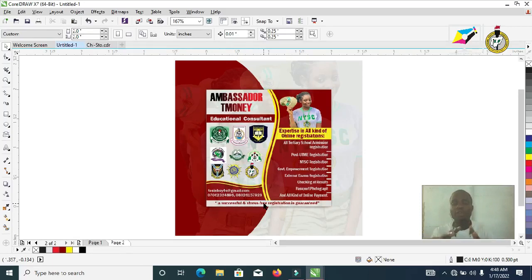Now let us have a rundown of all we have done here. For our main design here, we have a rectangle on 2 by 2 inches. The shapes you are seeing here, they are banner shapes, power clipped inside the rectangle and I dragged it out. What I'm having here also is another banner shape. The first one, the one standing vertically, was rotated at angle 90, and part of it is outside the canvas while the rest is inside. The same thing is applicable to the one I'm having at the lower part. Then the footnotes, where you have a successful and stress-free registration, I have a rectangle tool over there, power clipped inside. Over here also is a rectangle tool. Over here is a rectangle